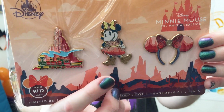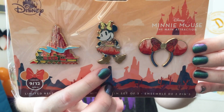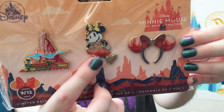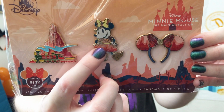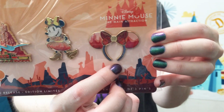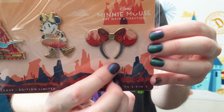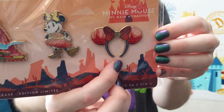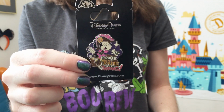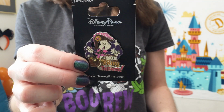Then the center pin matches the Minnie Mouse plush, and I was also able to trade for the Minnie Mouse plush from this set, which is just absolutely gorgeous. And this pin version is so beautiful. It has this amazing pearlescent fill for her dress. Just love the detail. And then the last pin matches the ears, which I do have. The pin looks exactly like the real version. Just the screen printing detail on this is so, so nice. And then Gianna also included another really nice zap, this cute Minnie Mouse pirate pin, and it says, "Pirate bling